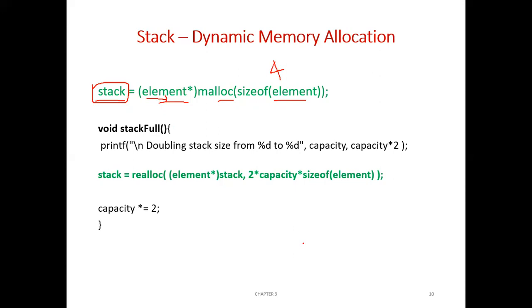Okay, so already we discussed stack. Initially we created stack, which is a pointer, and stack will have some address. Say the address of the stack is 1000. Now when you do this malloc sizeof element, 4 bytes of memory is allocated, which is of type element, and let us assume its starting address is 2000. This needs 4 bytes of memory, so that starting address, 2000, will be stored here.